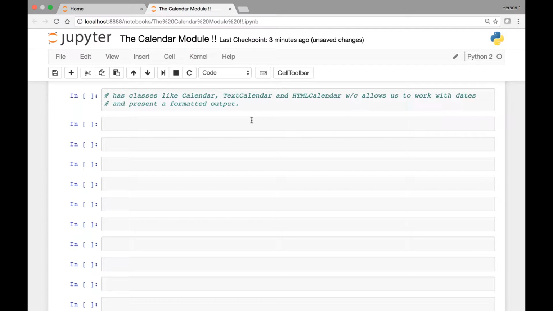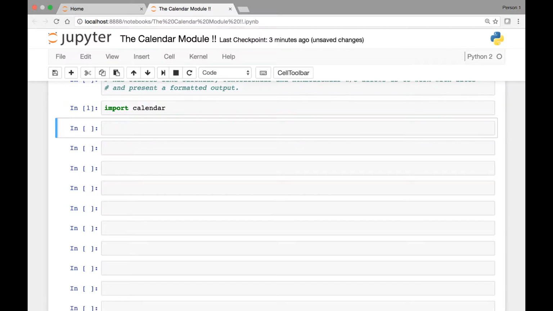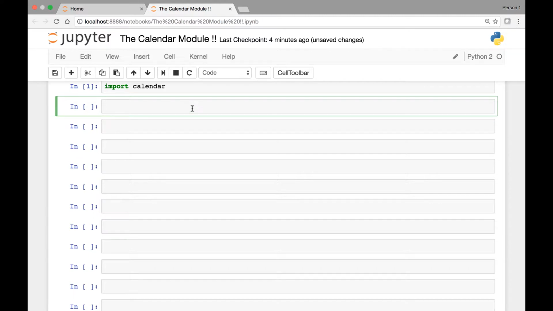Let's look at how we can use the calendar module. So we'll start by importing the calendar module. So import calendar. And what we'll do next is this module has a TextCalendar class, so we'll call that on our calendar module. So calendar.TextCalendar,